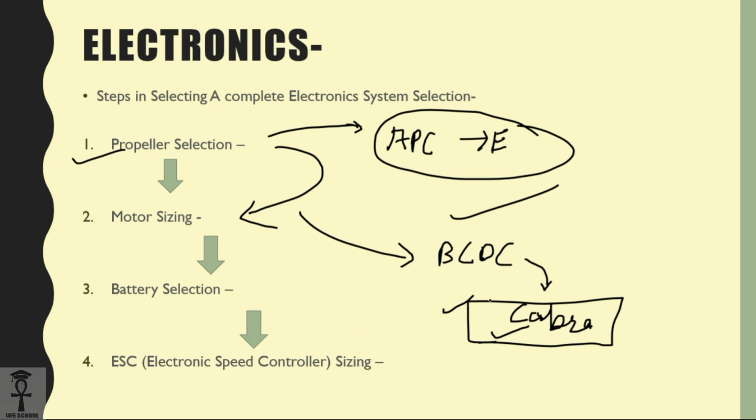Now, after that, we'll select a battery for our machine, depending upon our endurance, depending upon the current that we are going to consume, et cetera. So this is how we are going to select our propeller, motor, battery, and after that our ESC, that is our electronic speed control. The electronic speed control basically controls the RPM of your motor by varying the voltage across it. It is a very important yet small component in the series. So let's get to the matter quickly.